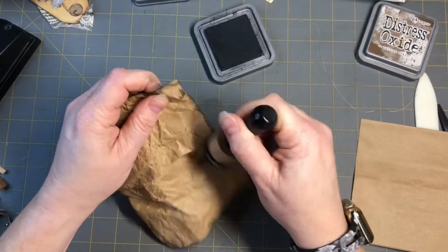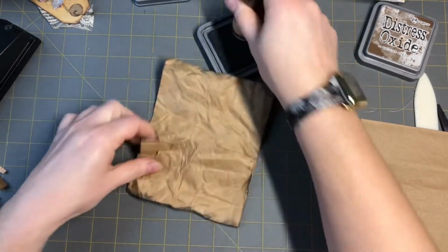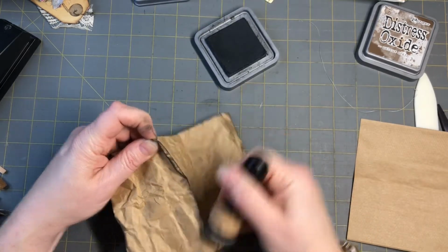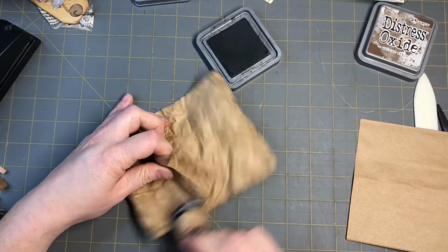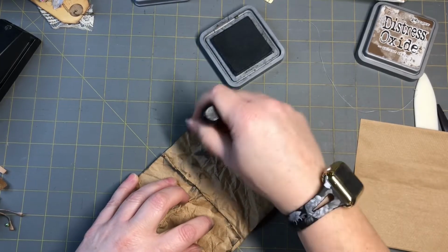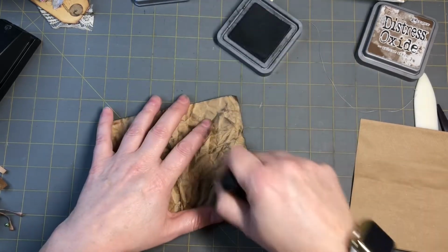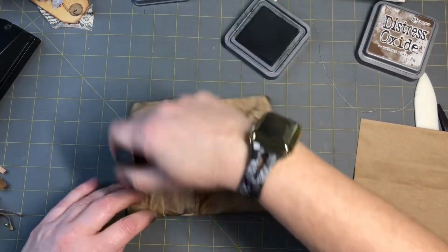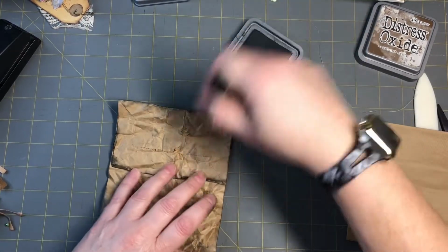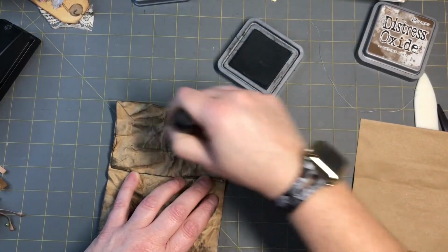I'm just getting the edges really quick. And then we can go around. Let's get this edge too, because I think that'll be a fun little tuck right there we can do. You can go different directions, just lightly. Because you get too much, you're just trying to catch the bumps that are up top, you know. So just a light, there, and you get all the,